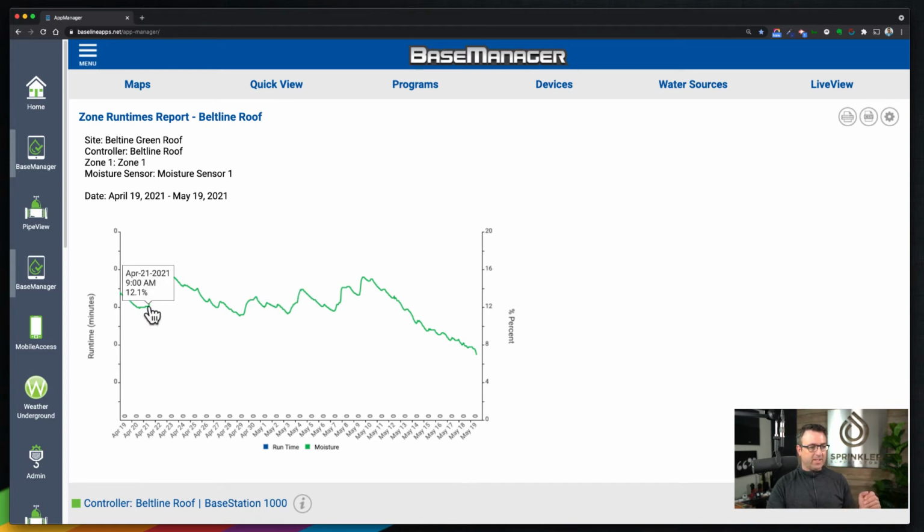So here we can see a spike on April 21st, which is either a rain event or somebody doing some hand watering, manual watering, etc. over that sensor. And then we've got some slow dry down. And then what's kind of interesting is I can tell that there are little spikes here. And it's almost like, again, you could have watered this by hand, by manually opening the valve or just running a manual program. Or